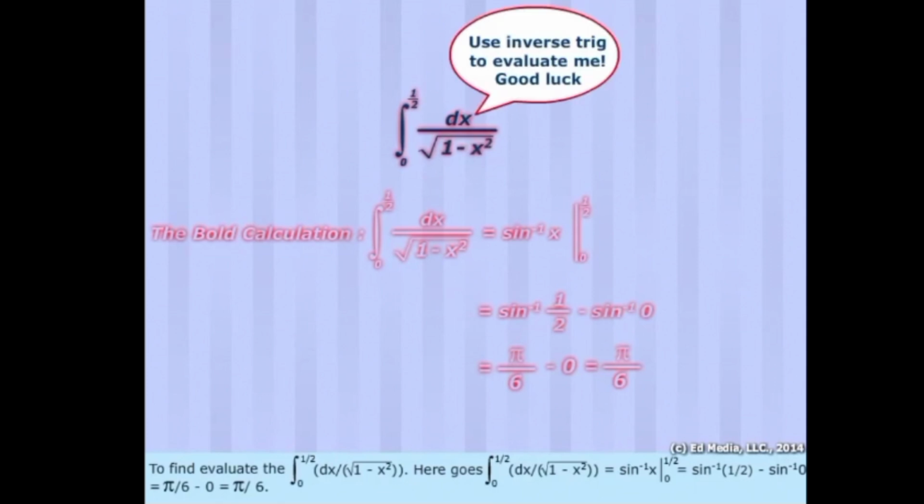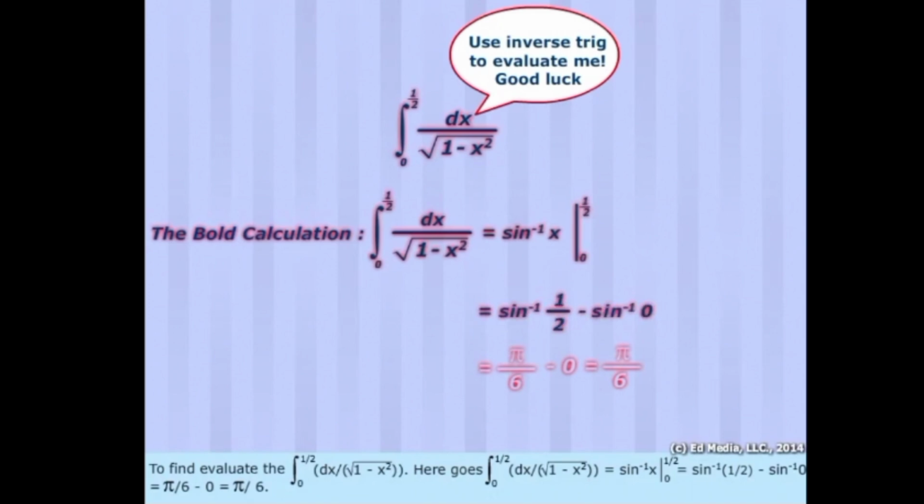We evaluate the integral of dx over the square root of 1 minus x squared from 0 to a half. Here goes. The integral of dx over the square root of 1 minus x squared from 0 to a half equals the inverse sine of x from 0 to a half, which equals the inverse sine of a half minus the inverse sine of 0, which equals pi over 6 minus 0, which